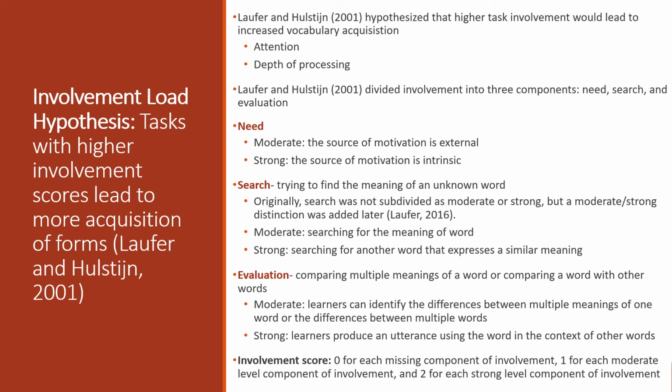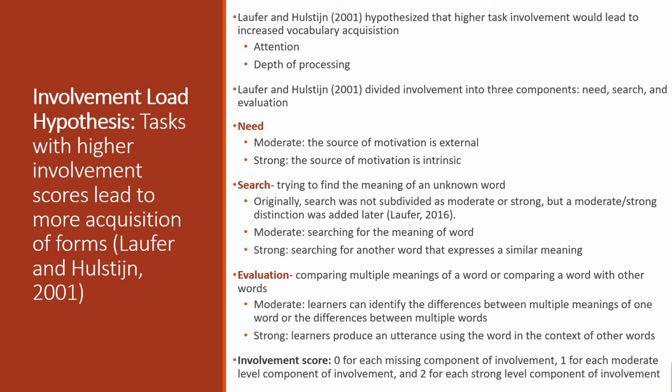So it is considered moderate if learners can identify the differences between multiple meanings of one word or the differences between multiple words. And it's considered strong if learners produce an utterance using the word in the context of other words. So to calculate the involvement load score,